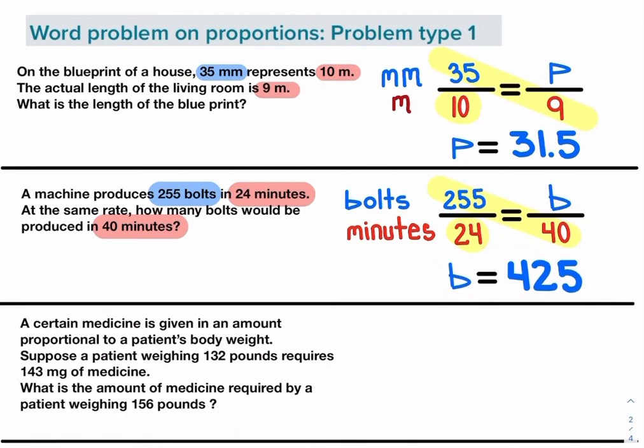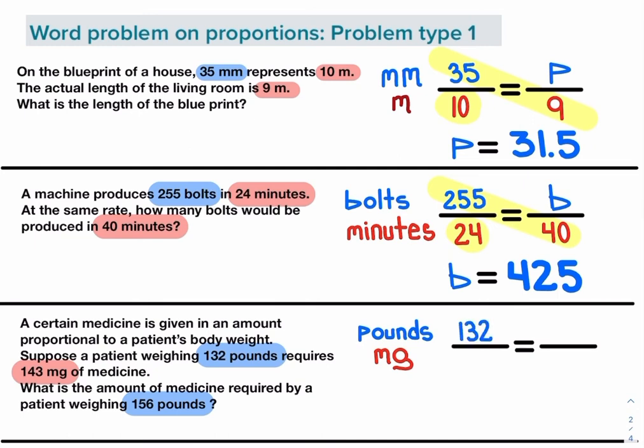The first thing we're going to do is write a fraction equal to a fraction. Reading through for labels, we find out that the patient's body weight is proportional to the amount of medicine they're given. So for a person weighing 132 pounds, they're going to need 143 milligrams of medicine. So comparing pounds and milligrams, let's put in those numbers, 132 in the numerator because it's pounds,